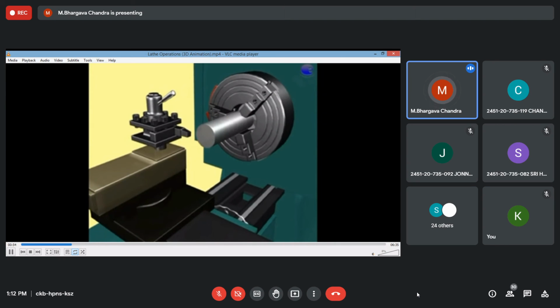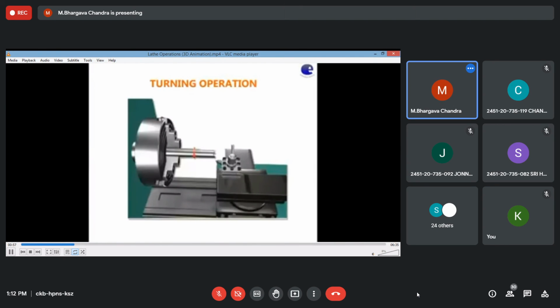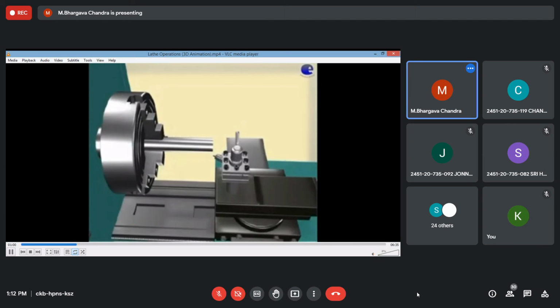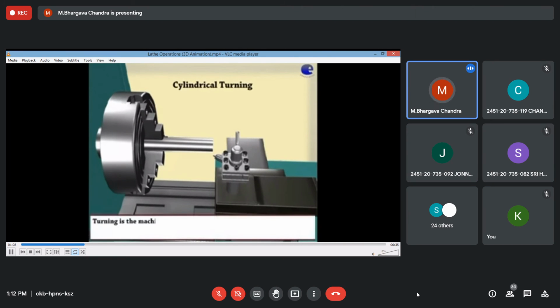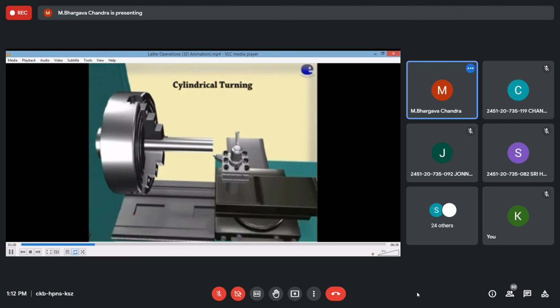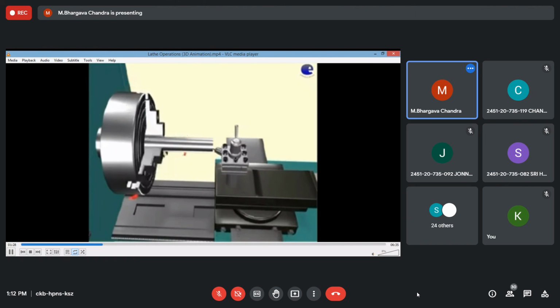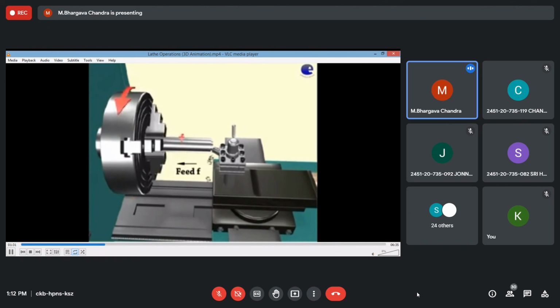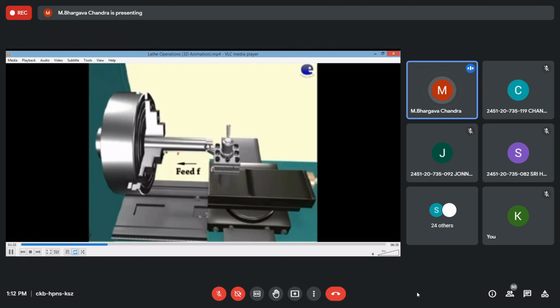In the turning operation, the diameter is reduced. Okay, a small formula you can remember. We are removing material superficially, circumferentially. It is the turning operation from one end to the other. So this is the common operation, cylindrical turning, where you reduce the diameter of the workpiece. So feeding is parallel to the axis of the workpiece.